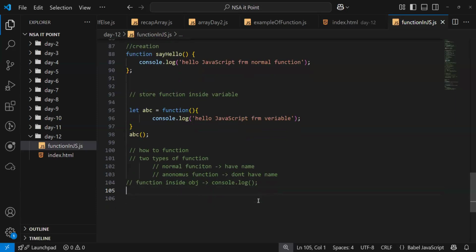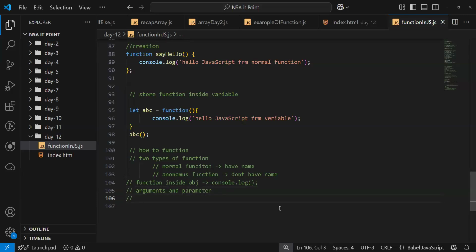And what else did we see? Arguments and parameters.